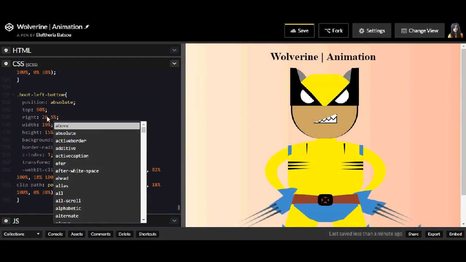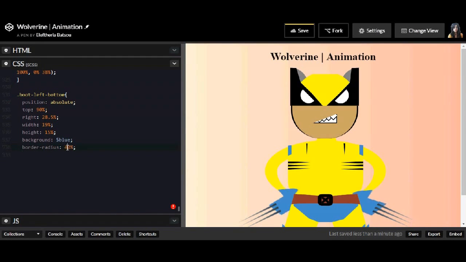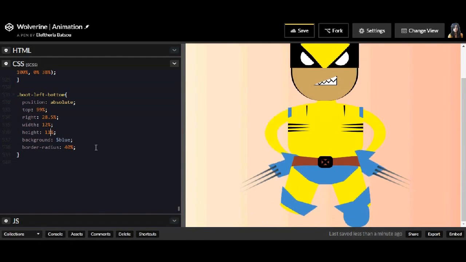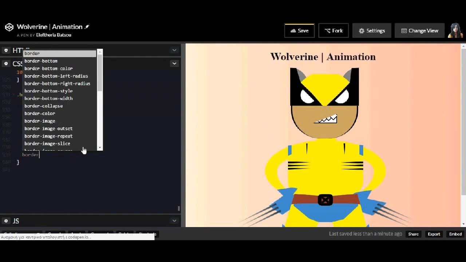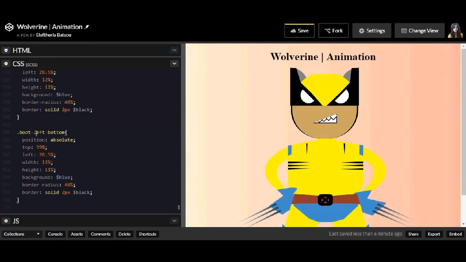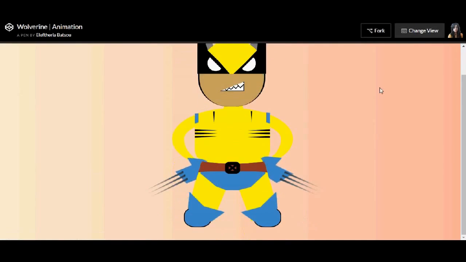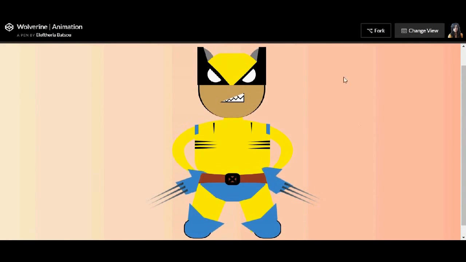For the bottom part, I don't need anything this time from the clippy tool, finally. Alright, it's going to be left, and the border will be solid, 2 pixels and black. The same for the right bottom boot. And now here is the final project, and I hope